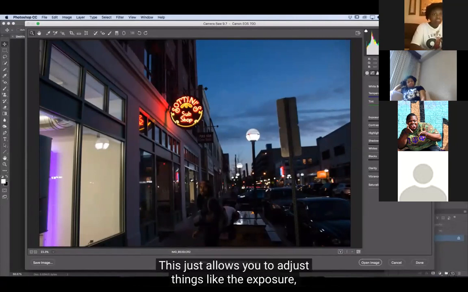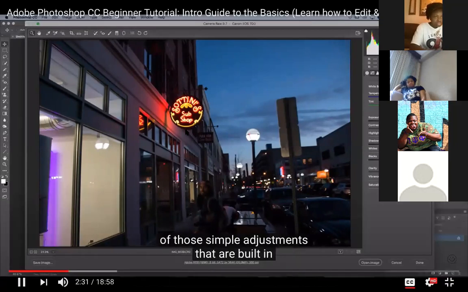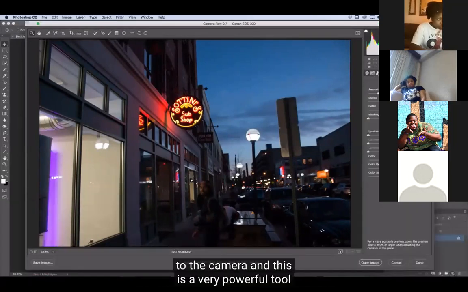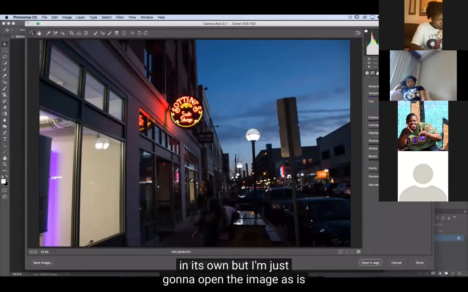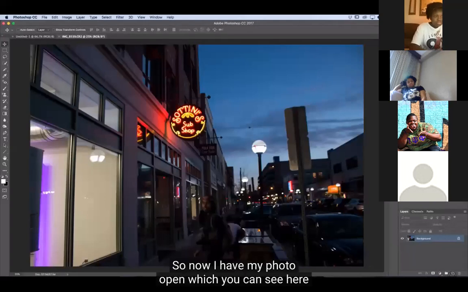This just allows you to adjust things like the exposure, contrast, highlights, white balance, and all those simple adjustments that are built into the camera. This is a very powerful tool on its own, but I'm just going to open the image as is and continue in Photoshop. So now I have my photo open.